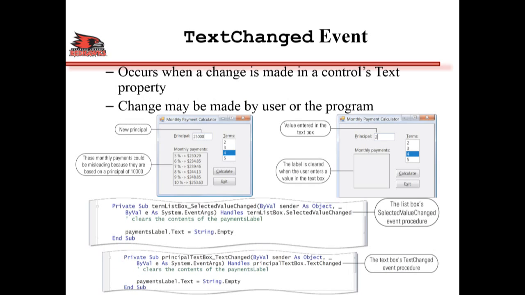Also, for an example, let's say the monthly payment calculator, which we were doing before. Somebody enters some amount as principal, selects a 4-year term and hits calculate, and all the text in the label pops up, 5%, 6%, and all that. Now, if somebody selects any other term and does not click the calculate button, the monthly payments shown are not changed,